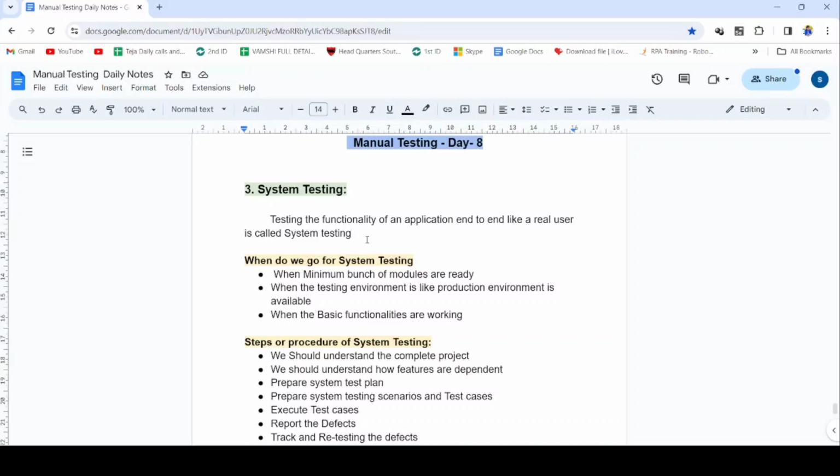End to end means, for example, I will give an example. End to end means testing the application from starting to ending with all given requirements. The best example is,